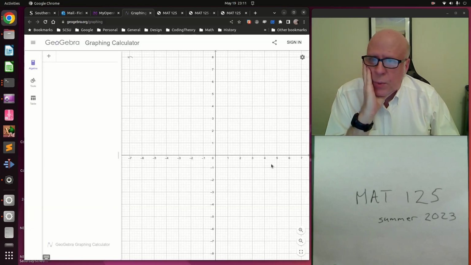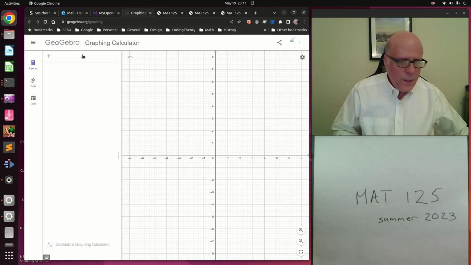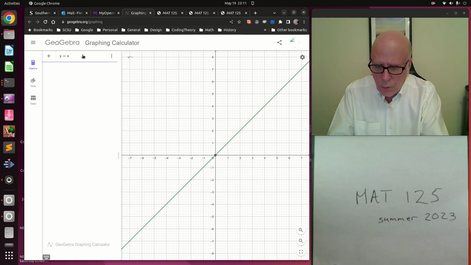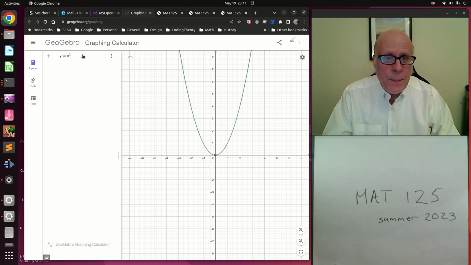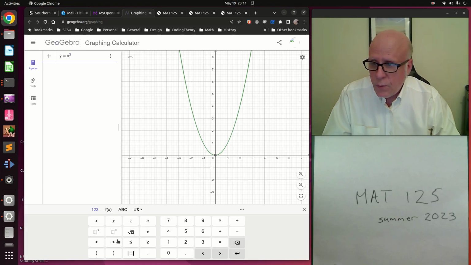This is what GeoGebra looks like when you first pop it up. There's just a big graphing area, and here's where you might put in some formulas to see about graphing stuff, like, I don't know, how about y equals x to the second. You can type if you're on a computer. There's an app version of this, so you can use it on a cell phone, which is handy. If you're in that setting, you've got a keyboard down below, which, like a lot of smartphone keyboards, has